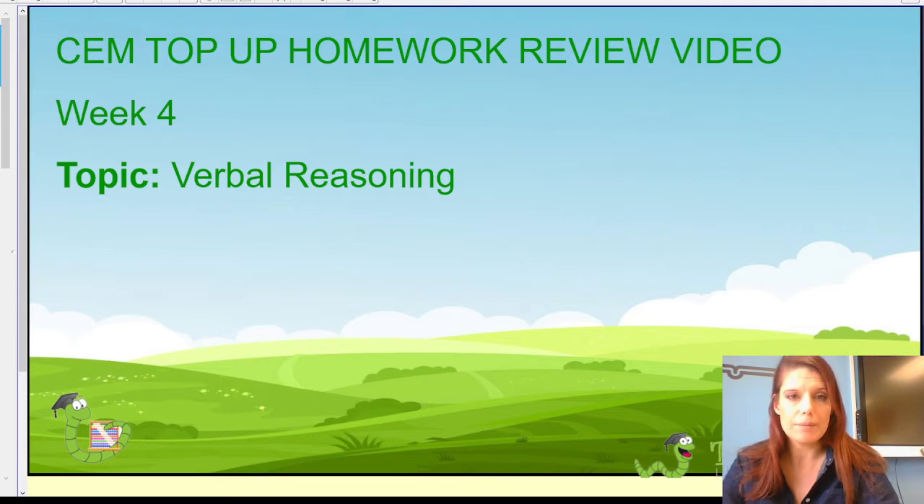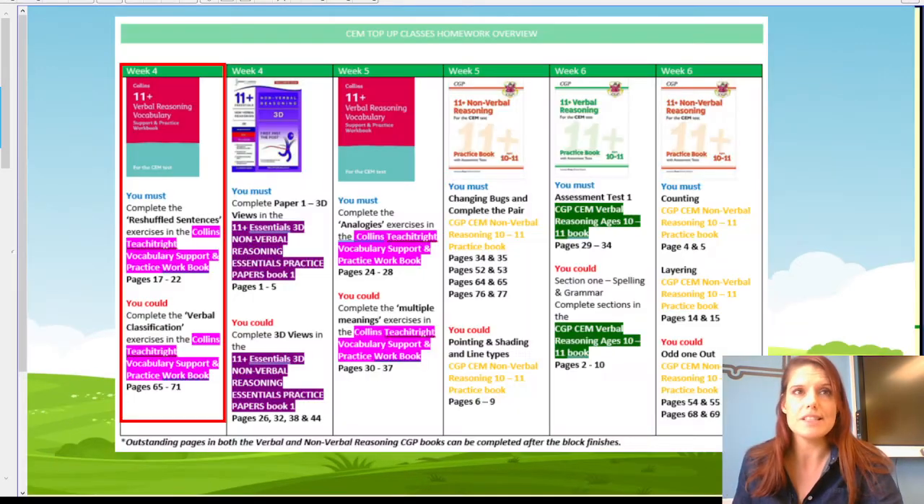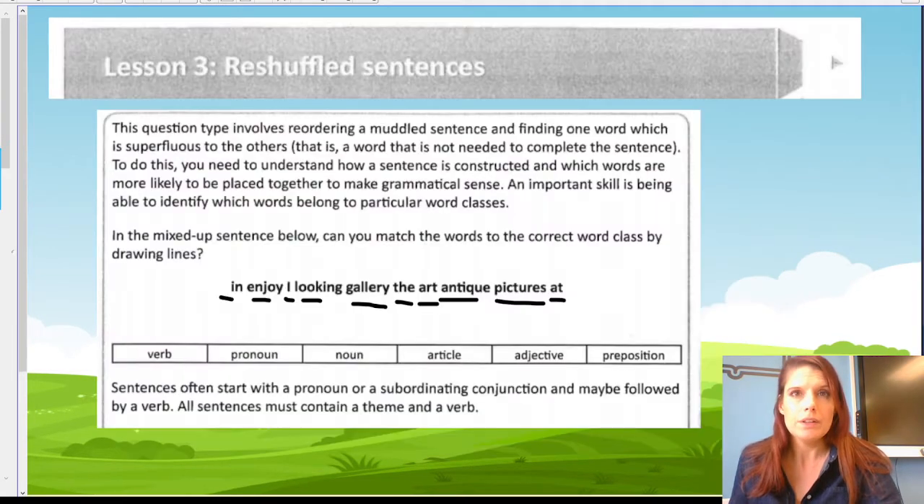I'm Carly and I'm going to help you work through the reshuffled sentences and verbal classification tasks from your vocabulary support and practice book. First of all, we were looking at reshuffled sentences. So hopefully you got plenty of practice in the lesson and you can use your homework to consolidate that knowledge